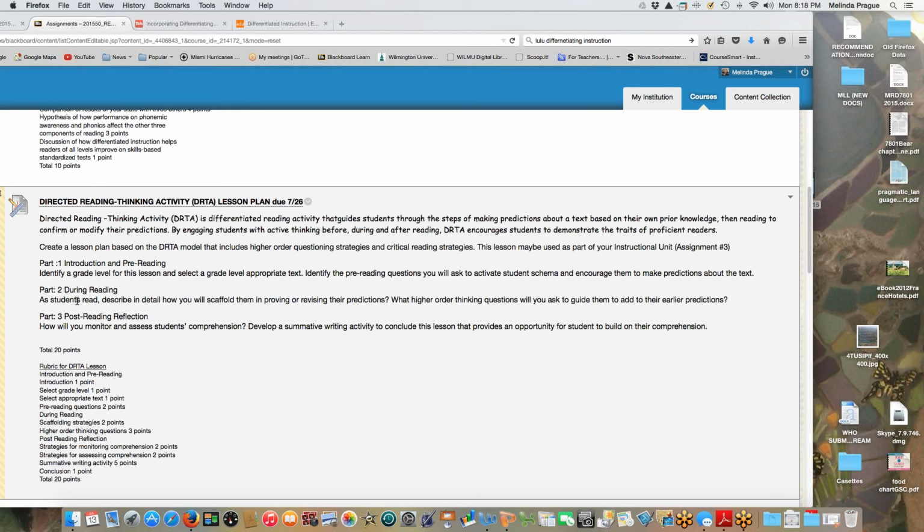Part 2, what are you going to have students do during the reading? How are you going to scaffold or tier this assignment for them? Okay? So this means, how are you going to have them either prove or revise the predictions that they made? Because remember, we have to go back to that. Can they confirm the predictions, or can they revise them after doing some reading?